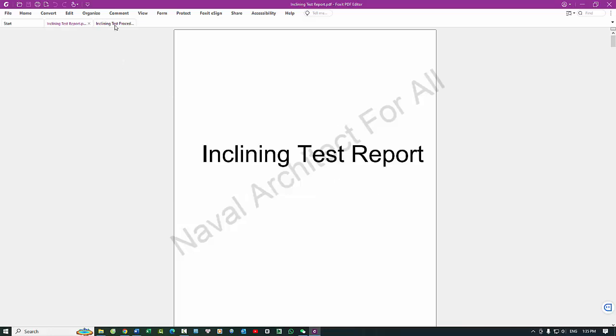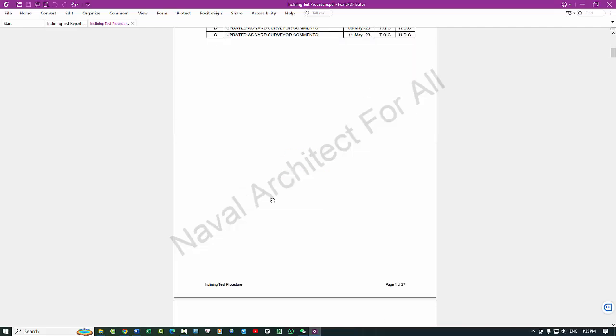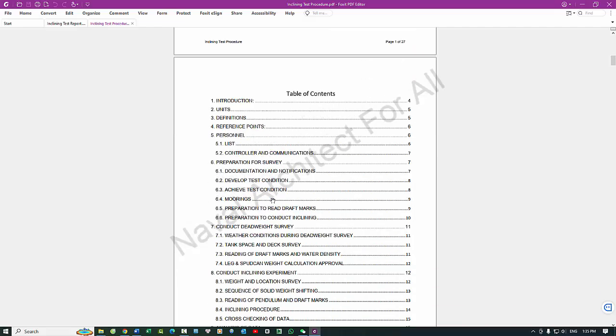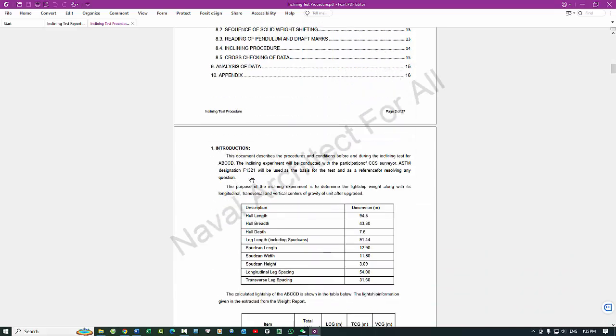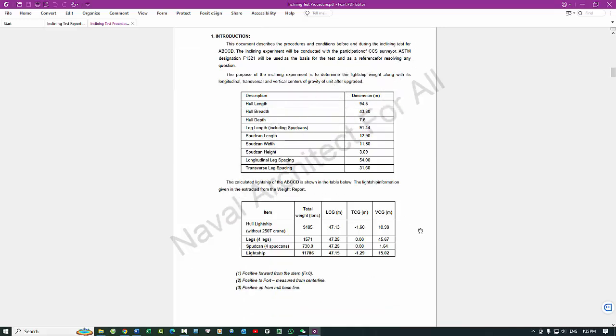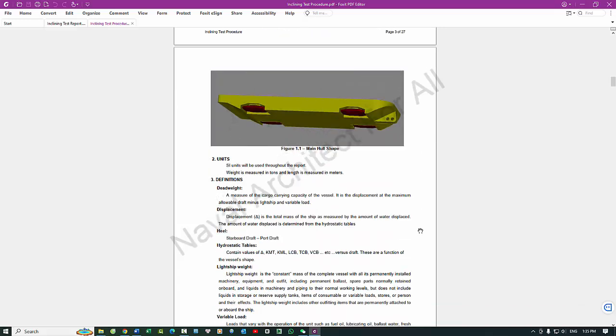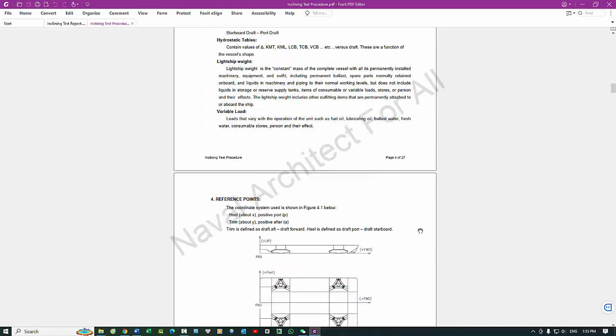The inclining test is a critical procedure conducted to determine a ship's stability characteristics, specifically its center of gravity, CG, and metacentric height, GM. These are essential for understanding the vessel's ability to remain stable in the water under various conditions. Purpose of the inclining test: